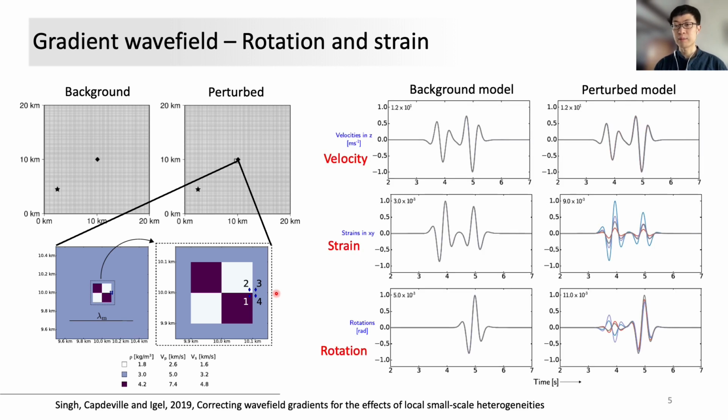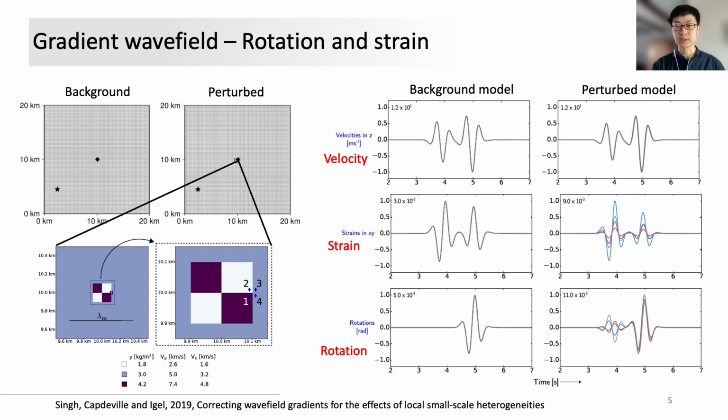As is shown in the right panels, strain and rotation components present much more evident differences in the two models, implying that the gradient wavefield is indeed more sensitive to local small-scale structures than particle velocity. However, that is not our ultimate goal. If we can somehow combine the translational and gradient measurements, in other words, enhancing the local small-scale sensitivities while reducing the source and traveling effects that are far away from the measuring point, that would be the best for the